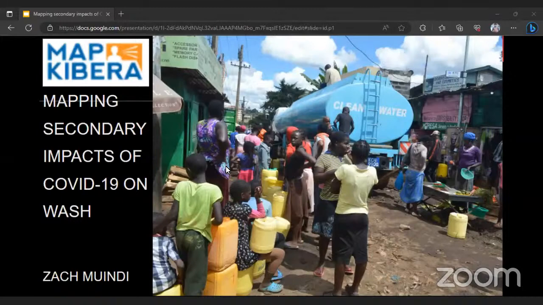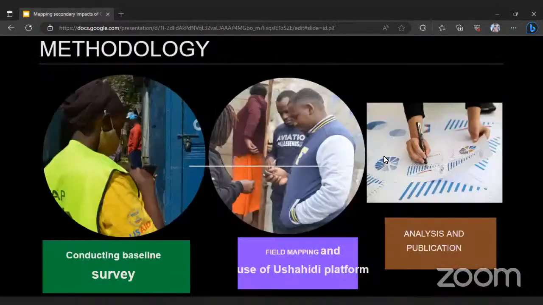And as you know, with COVID-19, there was a need for proper hygiene. So we were already facing a problem: COVID is here, but there are also issues to do with water. We took it upon ourselves to try to understand how the community were dealing with the situation, considering there was lack of water right when COVID had just hit the country. So we deployed different methodologies to handle the issue of WASH within Kibera. The first thing that we did was conduct a baseline survey to understand how the community were coping